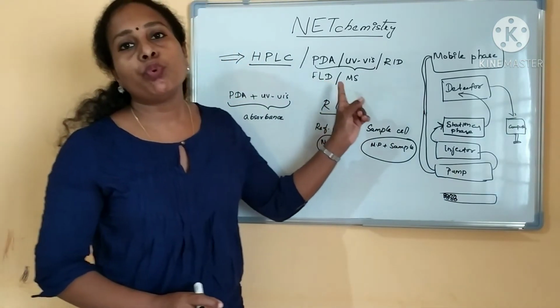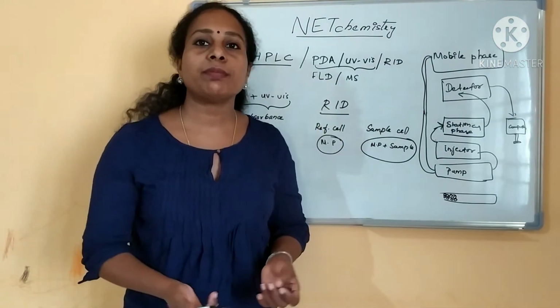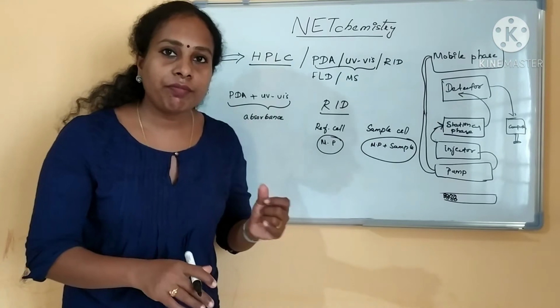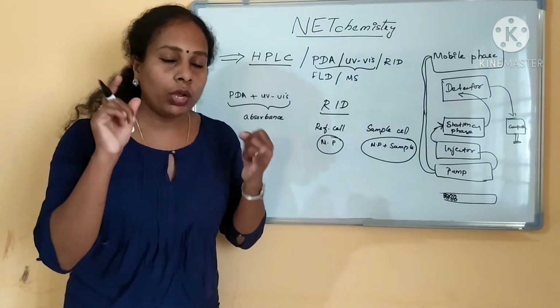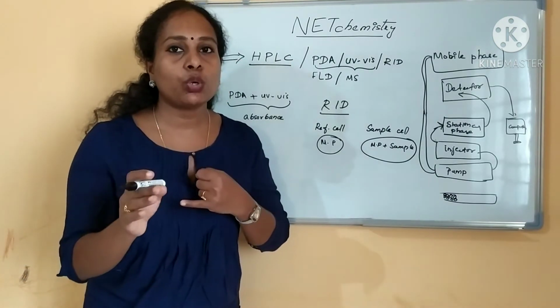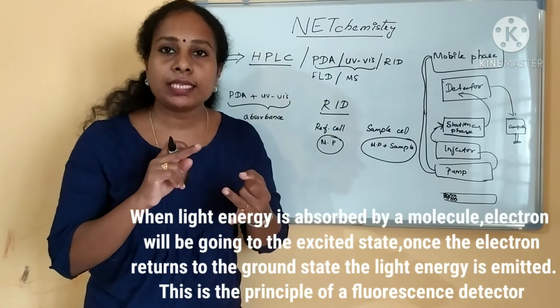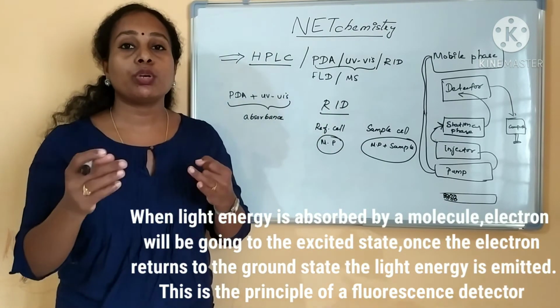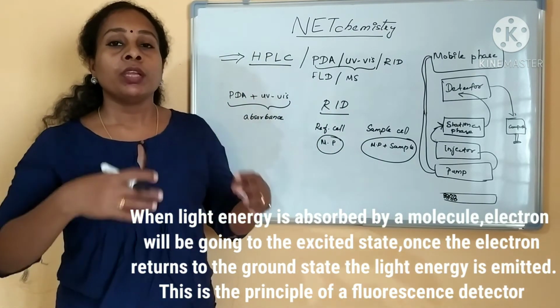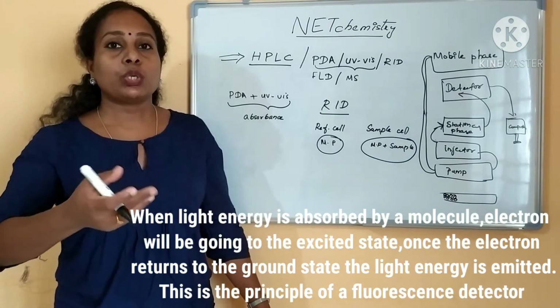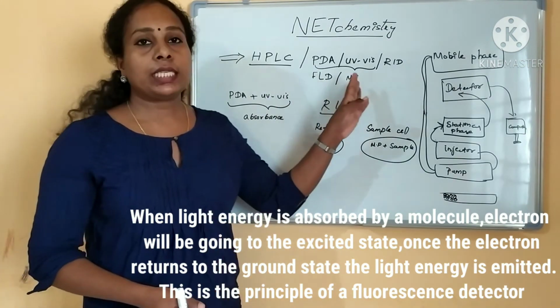And then coming to the fluorescence detector, the name itself says it is based on fluorescence. In the same way, if only mobile phase is entering, there is no fluorescence. If the sample is entering along with it, then it is based on the fluorescence. The light is getting fluoresced. The process is based on fluorescence, the fluorescence detector.